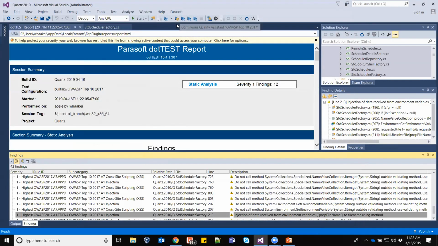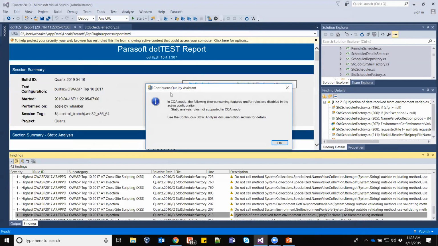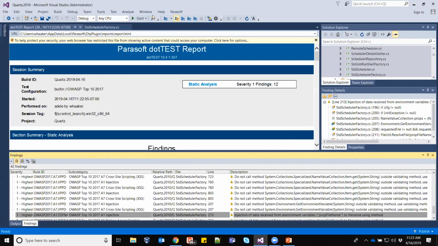The other nice thing that we make available here is a continuous mode of execution that we call the continuous quality assistant. What this basically does is, as I'm coding, when I save a file, that's going to trigger a lightweight analysis designed to quickly run and give me quick feedback as I'm writing the code.